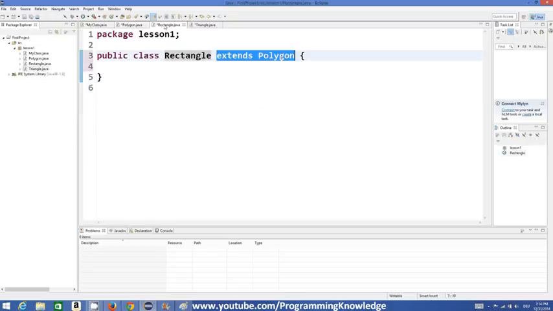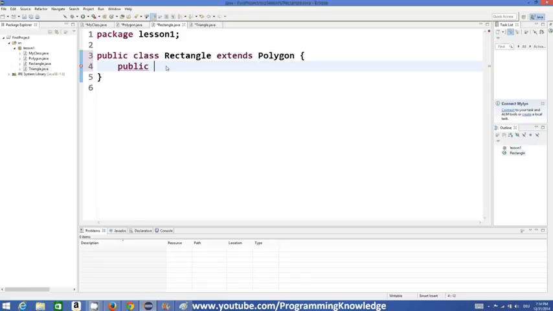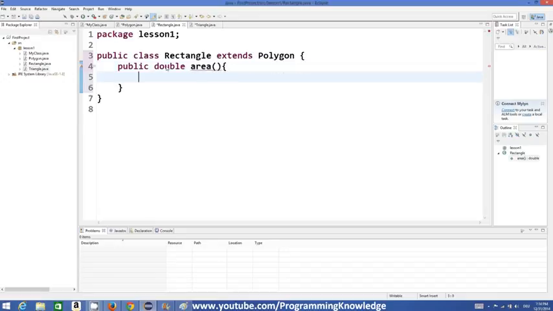the method can be used in subclasses. So this is a subclass and this is a base class. So we can just define a public method, and this will be the area. So double area, and what this method is going to do is just return the area. So return height into